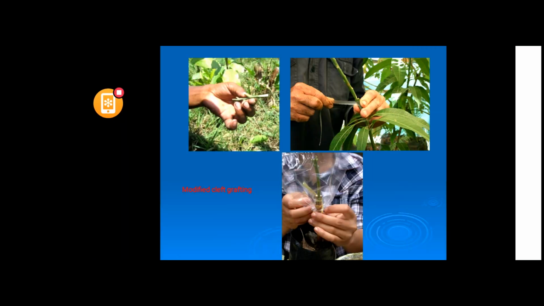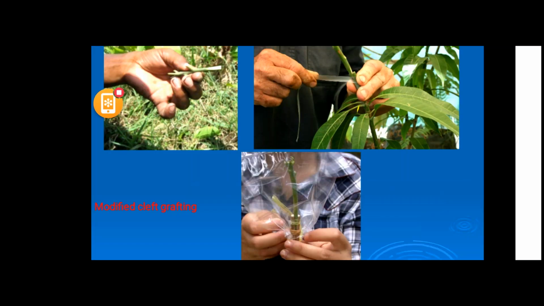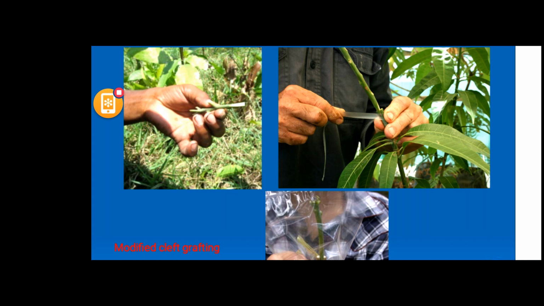As you know, the modified clip grafting is generally practiced in mango. It is a very common, popular method now. The seedling is one year old. The first internode, over 2 inches, should be deleted. The tree should be pruned, and then you have to prepare the scion like this with a wedge-like formation, and put the wedge into that slit, and in the rootstock you have to